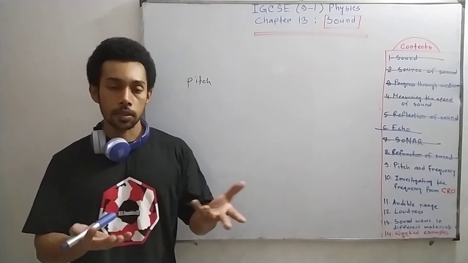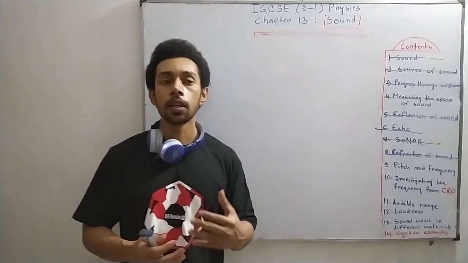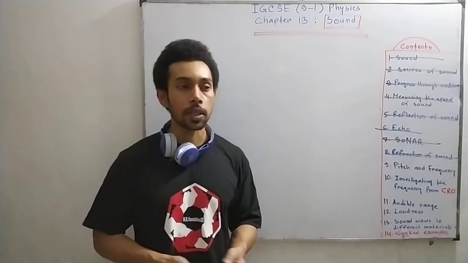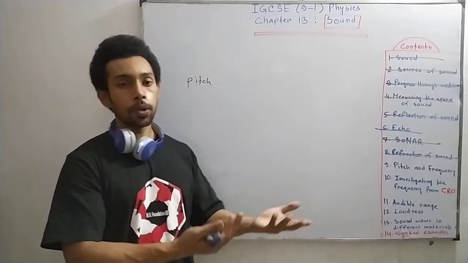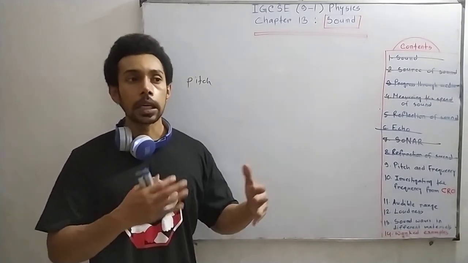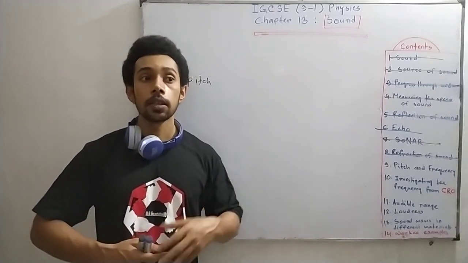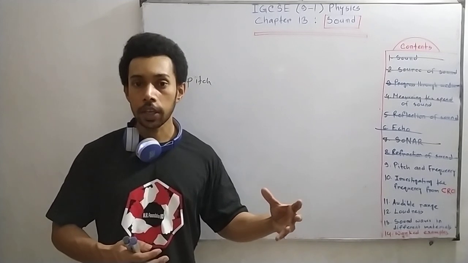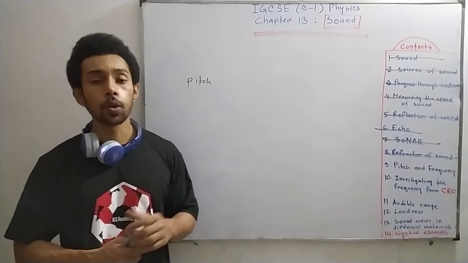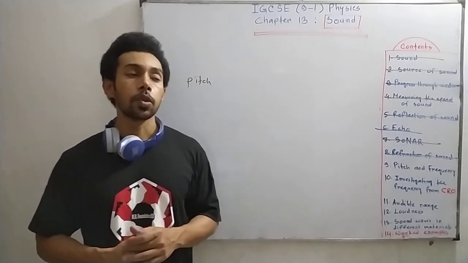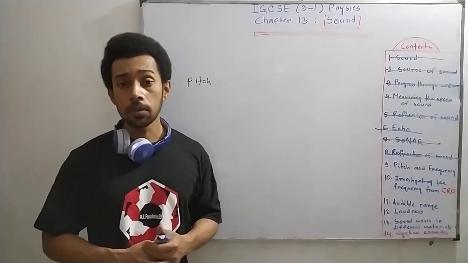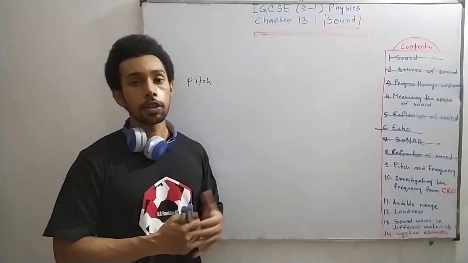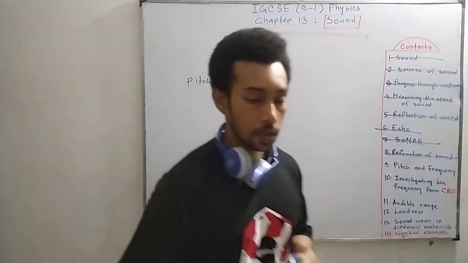The string of the violin is small and it vibrates faster, and small objects vibrate faster, and the sound produced by small objects is heard as notes of high pitch. So the word pitch, sorry,